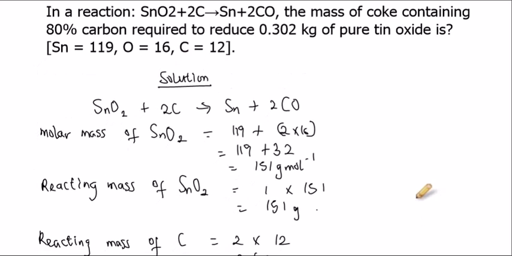Coming back to the question, if we have 0.302 kilogram of pure tin oxide, what is the mass of carbon that will be required for the reaction to occur? Another thing to note is that the mass of pure tin oxide is in kilograms, so we'll first convert that to grams, then proceed to determine the mass of carbon in the reaction. So, mass of tin oxide is 0.302 kilogram. Converting this,